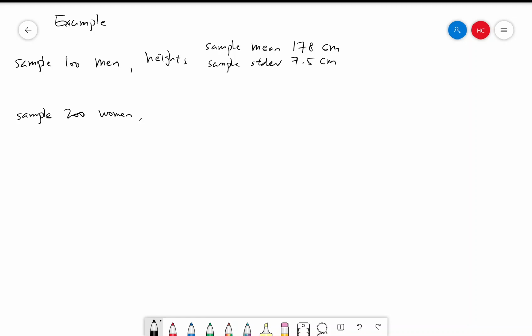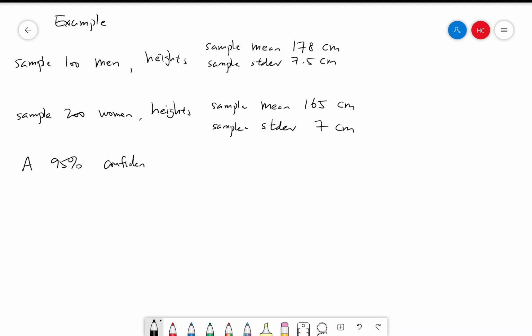And among the 200 women, their heights have sample mean 165 centimeters, and the sample standard deviation 7 centimeters. And we can use these data to construct a 95% confidence interval